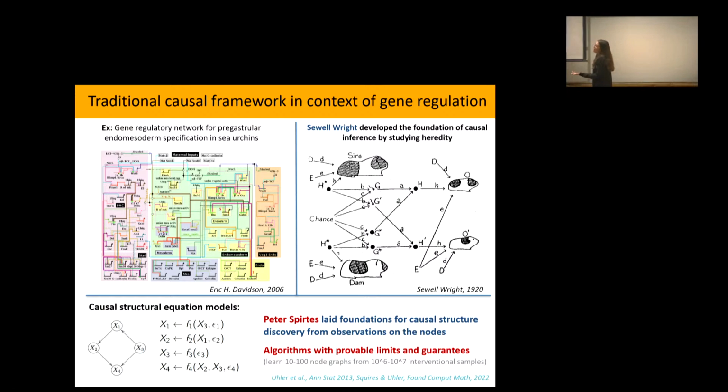And now, of course, in biology, nobody tells me what the edges are, right? So the standard thing is you get measurements on the nodes, like how much of every gene is produced, and you would like to say something about these edges. So that's your standard causal kind of question. There is very nice work by Peter Spirtes, who really laid the foundations of what can be learned just from observational data.